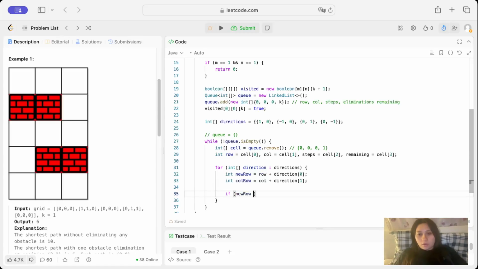So if new row is greater than or equal to 0 and less than m, and new column is greater than or equal to 0 and less than n, then we will